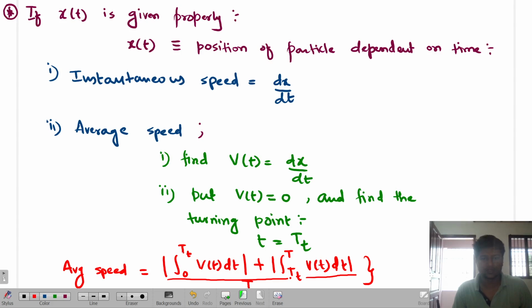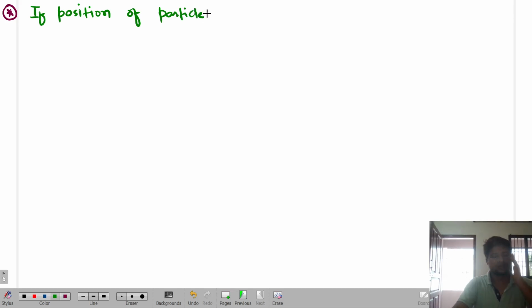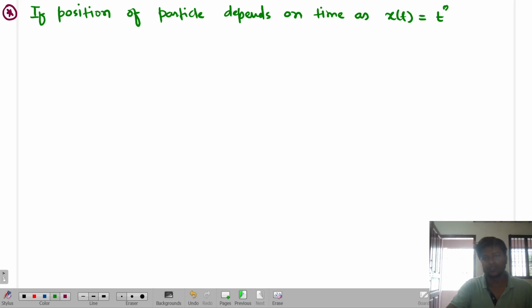Clear? Okay, so we'll take a question, a simple track, where we'll find all these kinds of things. Let's suppose the question is: if position of particle depends on time as x of t is equal to t squared minus 2t plus 3, in meters. Then find